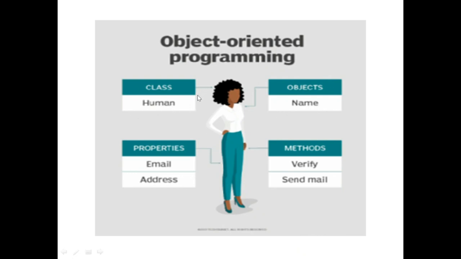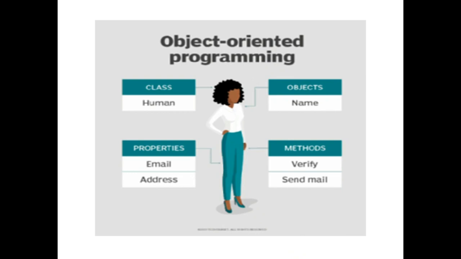Humans, as we define it, is the blueprint, it is the class, and the living example is the object. And she can send emails and verify emails. So these two methods, that is verify something and send emails, are actually defined in the human class itself. So you must have got the idea what a class will do. A class will define what an object can and cannot do. But at the end of the day, the object is the one who's going to actually do that particular thing,